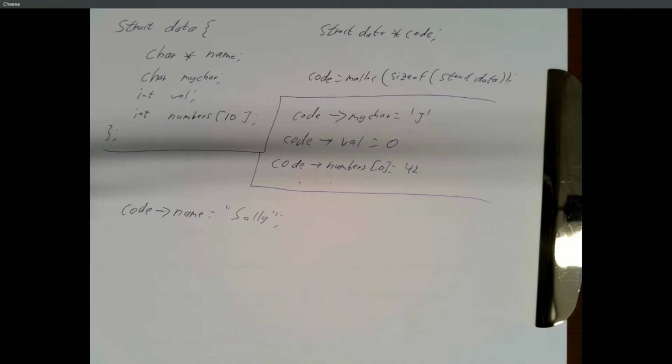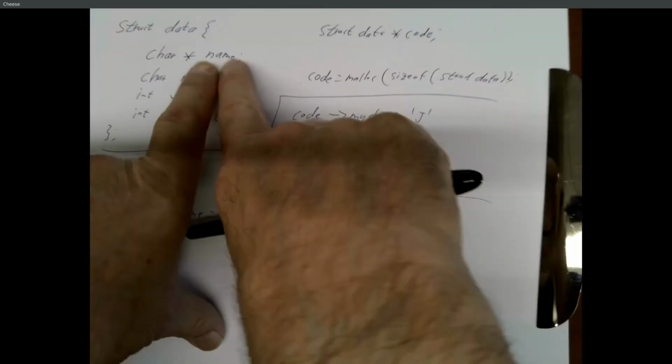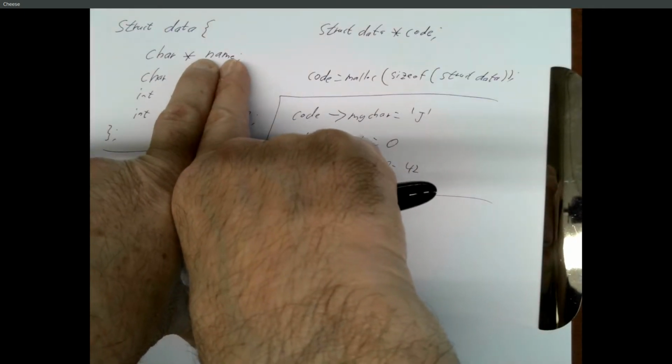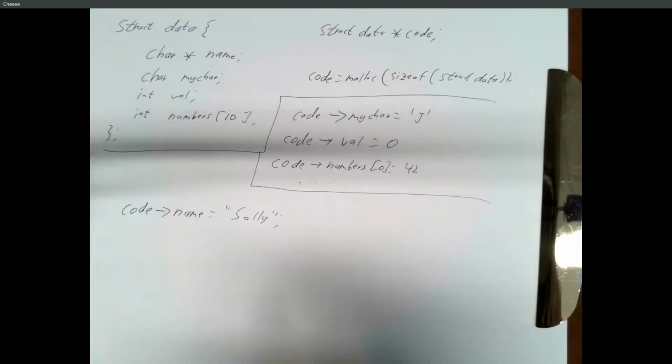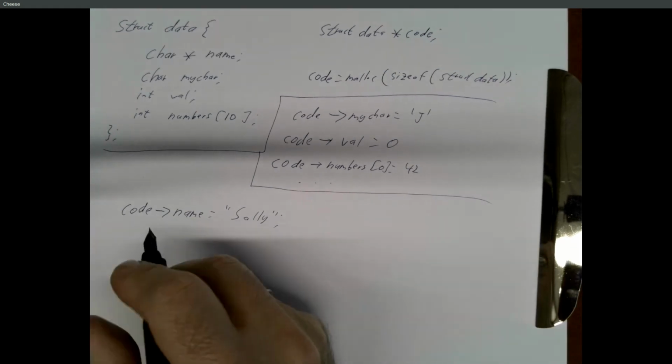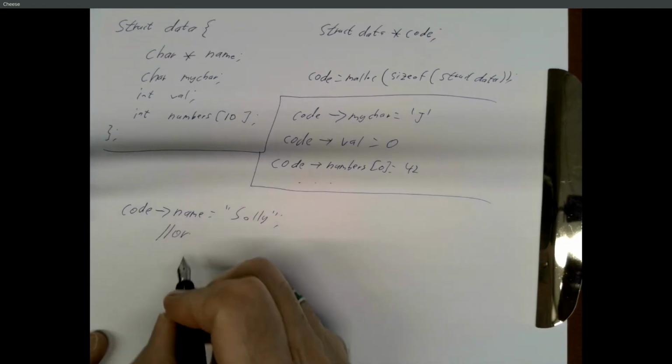And quote Sally means the address of that letter S. It's synonymous with the address of the first character in that string. So when I say code arrow name equals, it's taking the address where Sally is stored and it's saving it right here in this variable, which is said to be a pointer to a character. Right, or